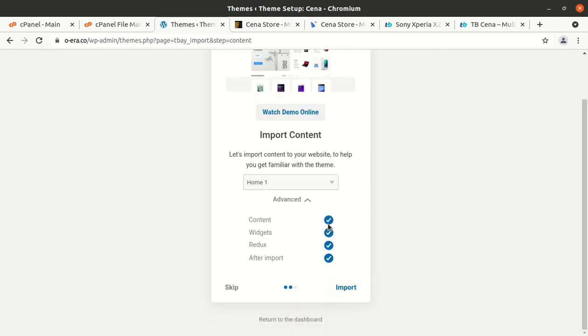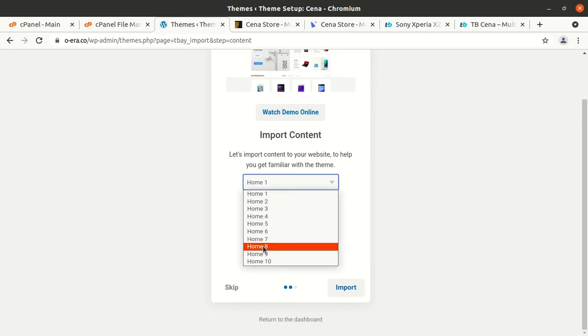and now we have the choice available of what we need to import as demo content, and you can choose any of the home pages out of 10, and I am choosing the first one, considering it as the default one, and we can choose to import what we actually want at our website. Since it is a new website, we can choose all, and by default all is selected here. Simply click on import,